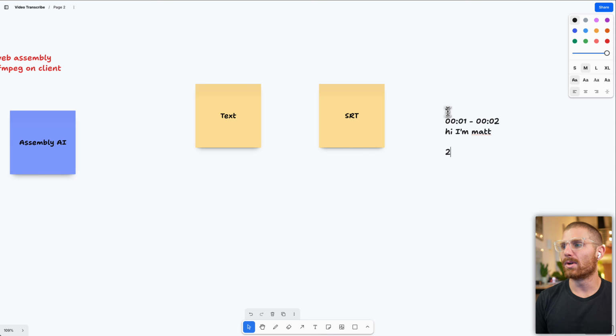And then we have 2, etc. But the thing is that this actually contains all of the information for the text transcript, right? Because you could imagine deleting this, deleting that, and then you just have the actual paragraph. And so what I'm concerned about is that we have the text, and then we have the SRT, and then we're going to try to edit one of these, and then the agent's going to try and reconcile